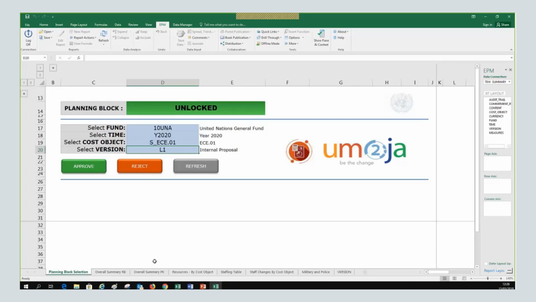Just a piece of information on this summary 003. As you can see, there is no transaction per se that you can do in this form. Please bear in mind that not everyone in this WebEx will probably have the proper role to approve summary 03.